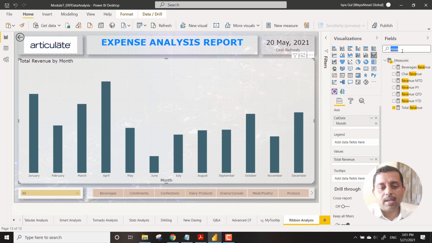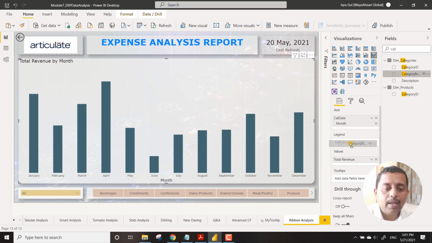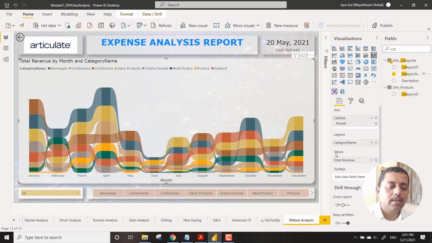The 2 dimensions are there. I'm talking about the 3rd dimension. What is the 3rd dimension? Let's have a look at it. We have the legend details and we want to bring something to the legend. Can I bring in the categorical data? So I bring in the category and bring it to the legend.